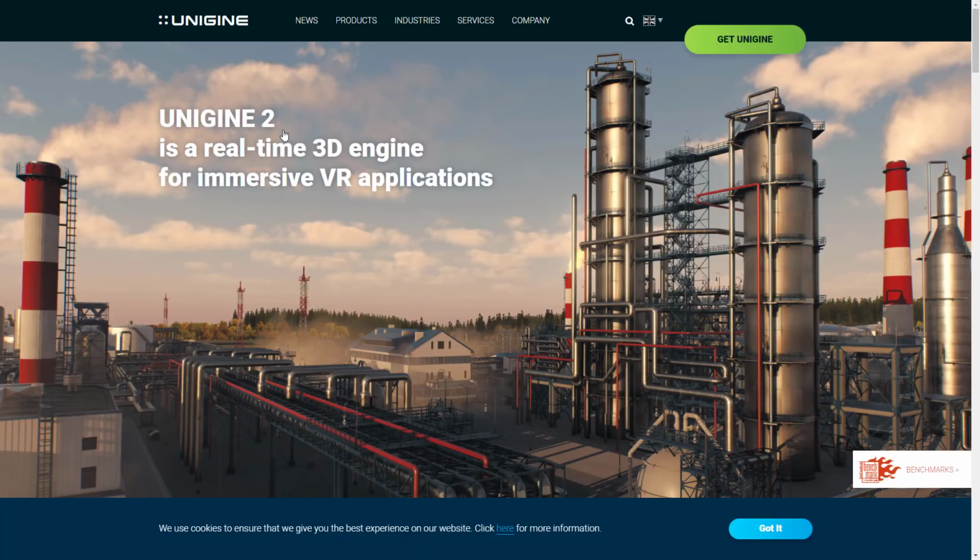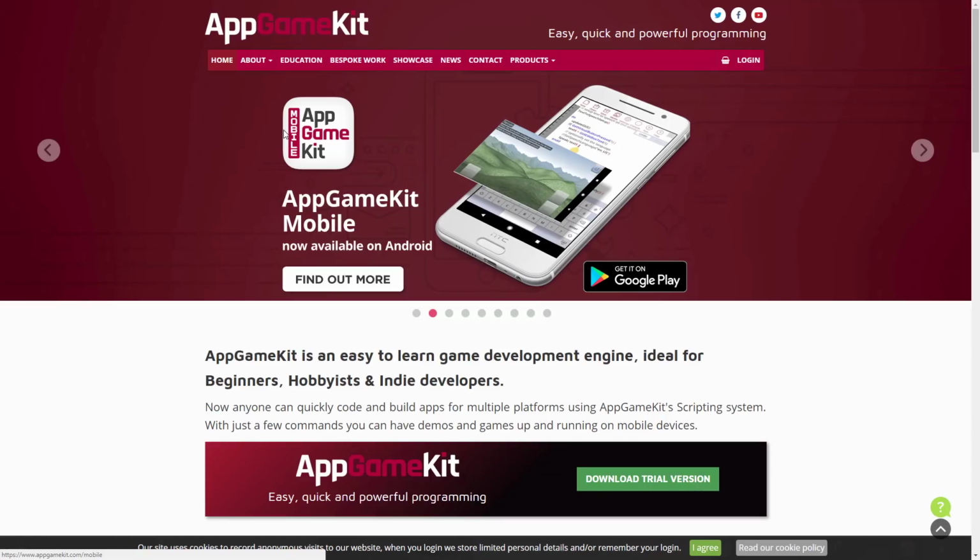And then the final reason why you may not want to use Unity: you don't like Unity. You know what? That's fine. You can't turn around and say that Unity's bad. Unity's not bad. Unreal Engine is not bad. Most of these game engines are not bad. Very few game engines are, in fact, bad. Unity is a great engine, but it's not great for everybody.